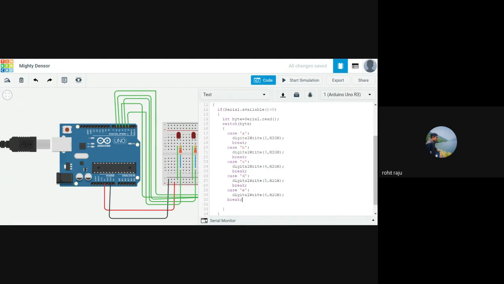It's done. So we need to make sure of another corner case we have. What if the user types F or W or U or Z or some invalid character? So by default, if he does that, we need to take care of the default case. And by default, what we need to do is turn all the LEDs off. With this block we are turning some LED on, right? So if we type some invalid character like Z, U, V or W, then we need to turn all of these off. We can turn all of them off by using this for loop.